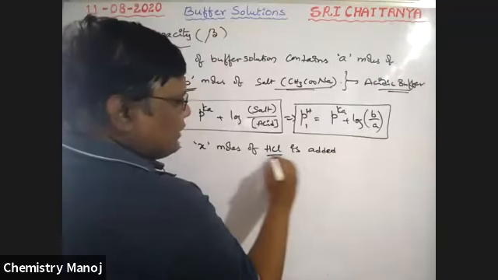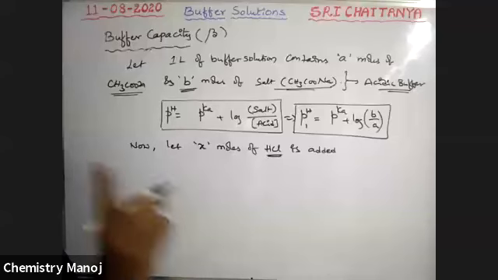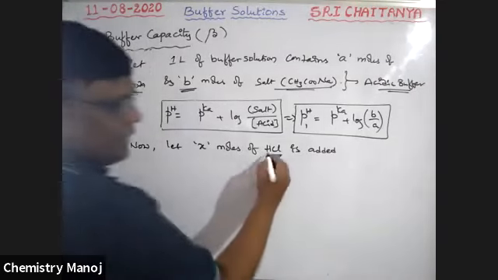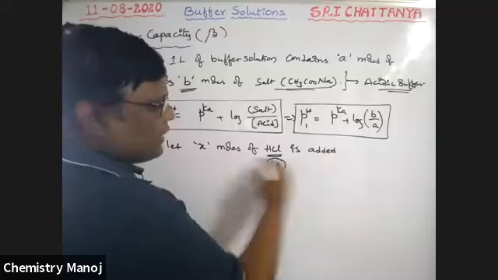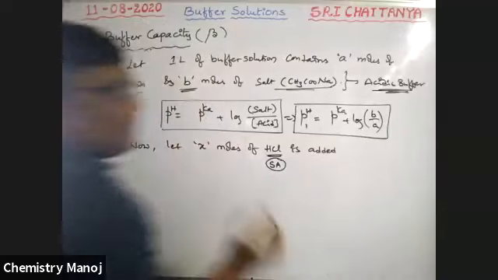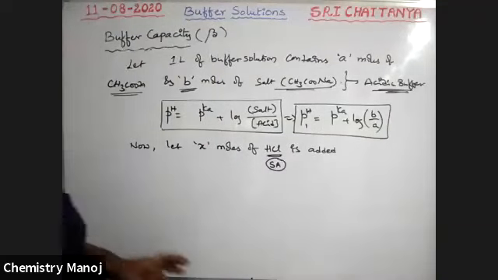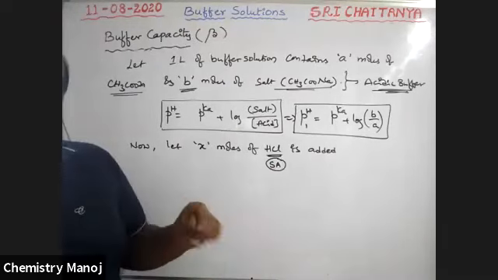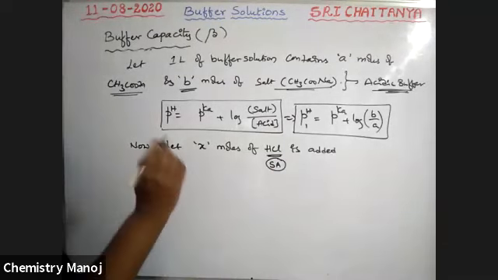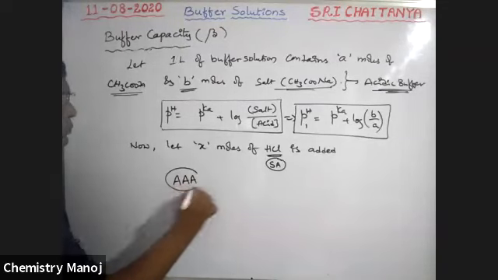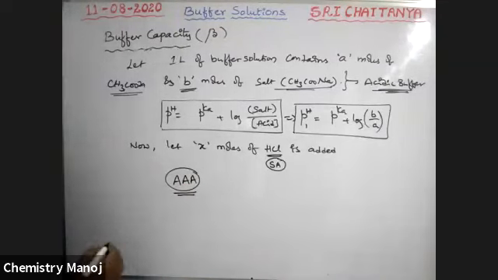See my dear boys, listen carefully, a rule is applied here and I want to explain that rule. Is HCl a strong acid or strong base? It is a strong acid. Is this buffer an acidic buffer or basic buffer? It is an acidic buffer. So listen boys, I will explain easily. The AAA rule is applicable. How, sir? What is this AAA?